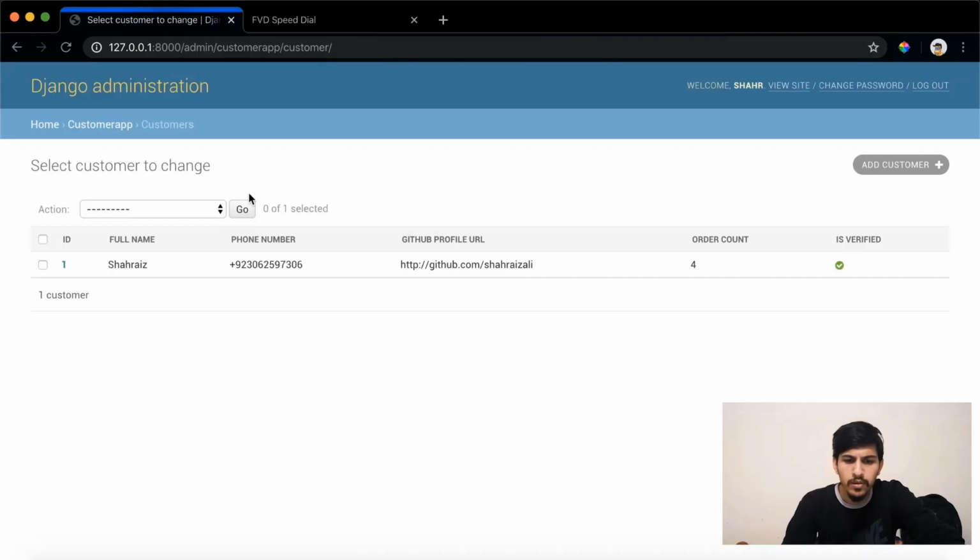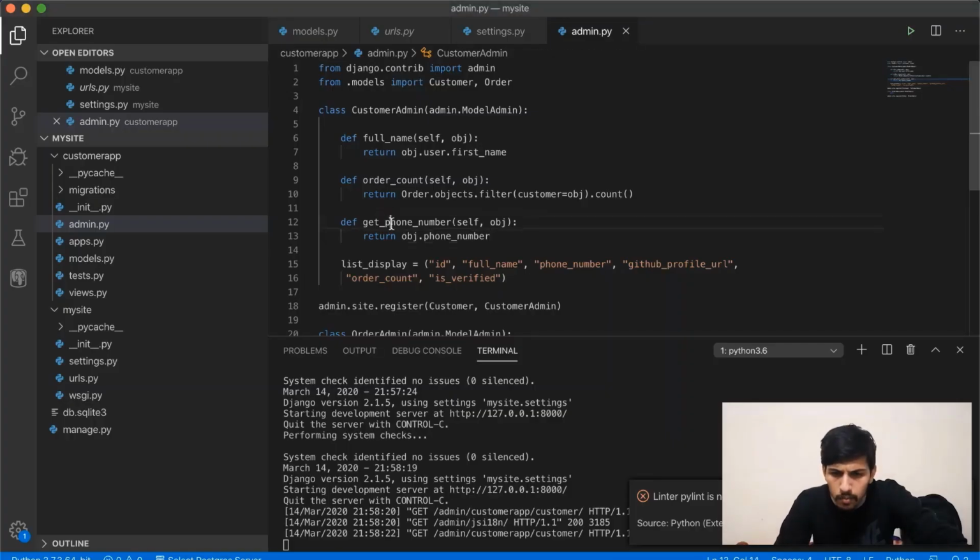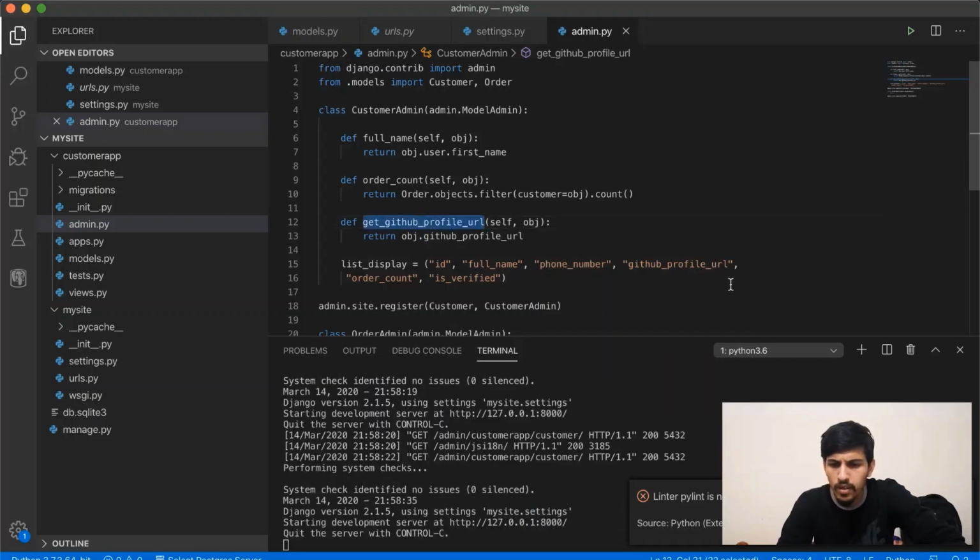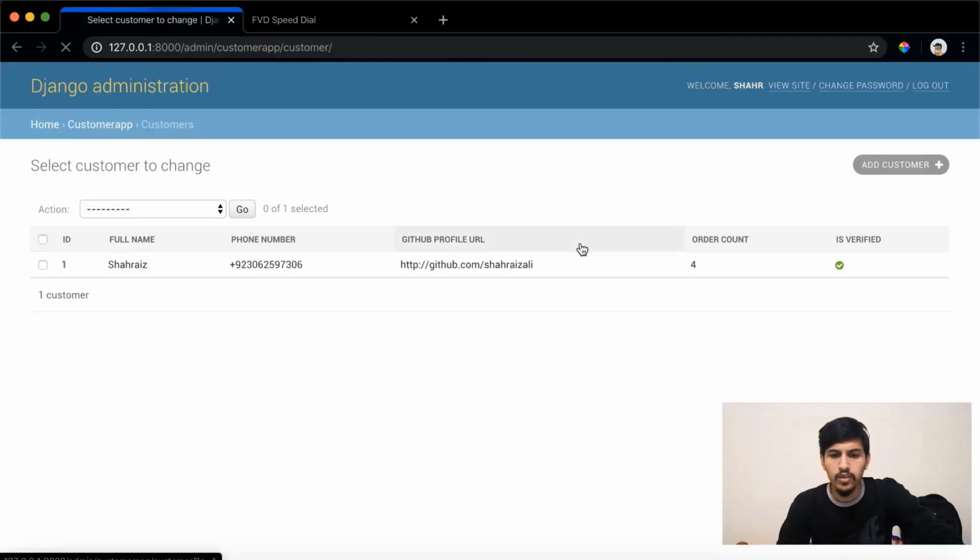Okay, so what I have shown, actually we're doing this for the GitHub profile, not phone number, my bad. I have to add this one here instead of that git. So for now, this is essentially doing what it was doing earlier, just this name doesn't look very good because